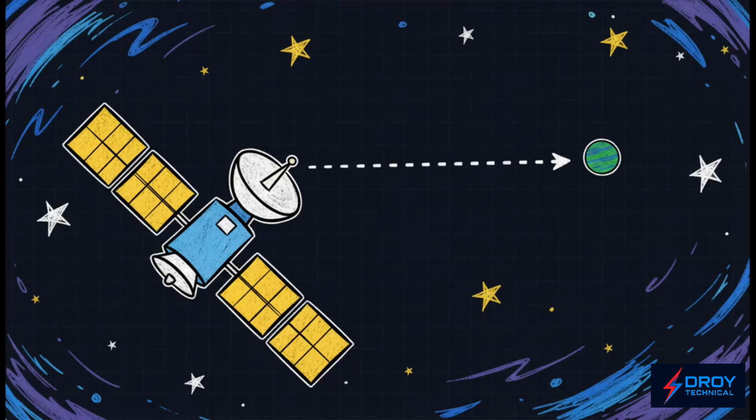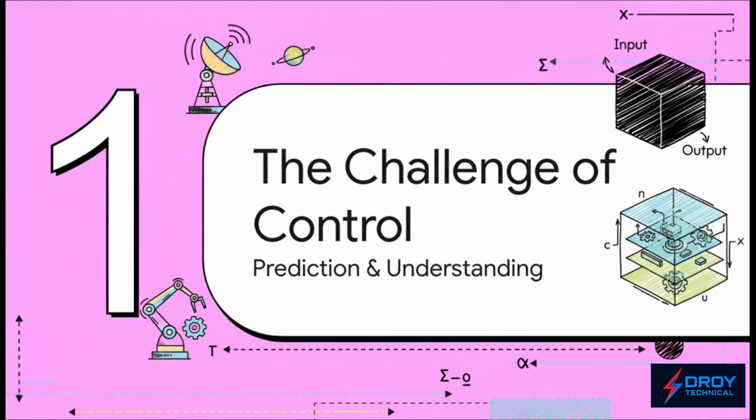Or hey, let's zoom out, way out. How do you tell a satellite, whipping around the Earth at thousands of miles per hour, to aim itself perfectly at a tiny dot millions of miles away? There's no joystick, no do-overs. It has to be perfect. So how do we solve these insane challenges?